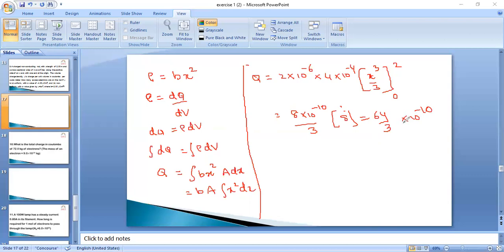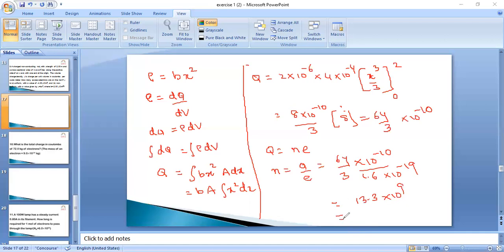For this total charge, we have to calculate how many number of electrons are added. So again, total charge is nothing but, according to quantization, plus or minus NE. To calculate the number of electrons to be added, that is Q by E. The total charge is 64 by 3 into 10 power minus 10 by charge of electron, 1.6 into 10 power minus 19. By solving this, finally you will get here 13.3 into 10 power 9.